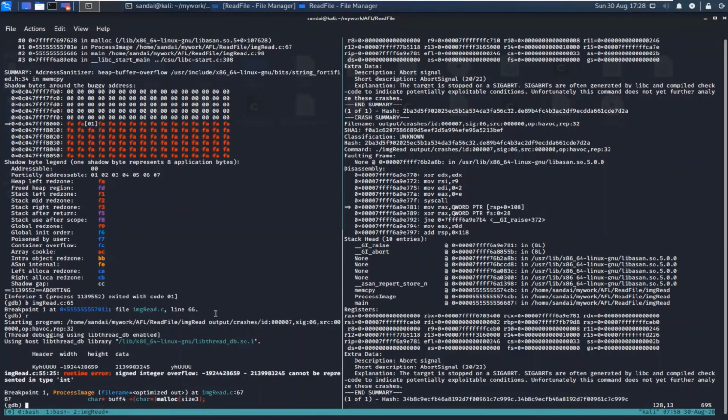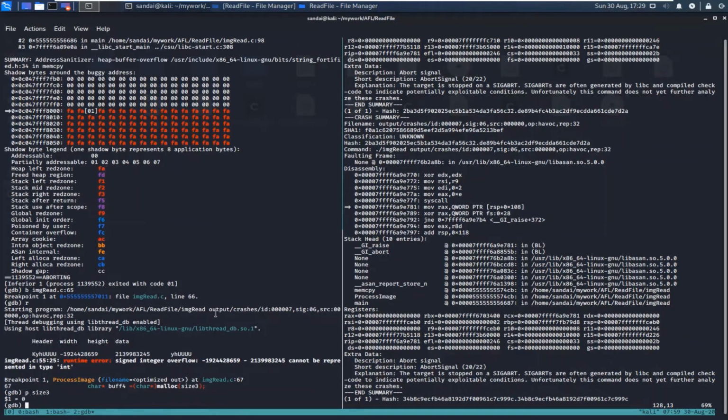So you can see that there is a malloc call at line 67, and we are getting a crash around line 68 or 69. So let's see the size. What is the size of buffer 4, because that is what stores the malloc. That is the pointer to the malloc or allocated buffer. So let's print it. So size 3, and you can see the size 3 is 0 over here.